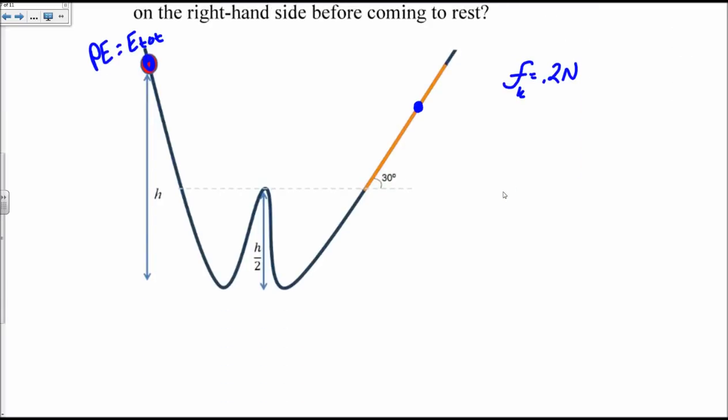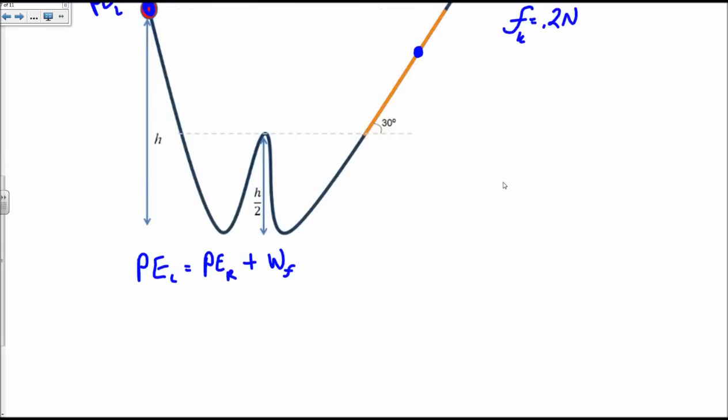Now, I can set the amount of energy on the left-hand side, which is the potential energy. I'll call this potential energy left. It has to equal the potential energy on the right plus the work that is done by friction. All right? So plus the work that's done by friction. Now I can put in some values here. I know this is mg times h, and then this is going to equal mg times